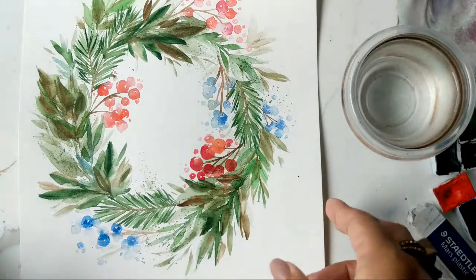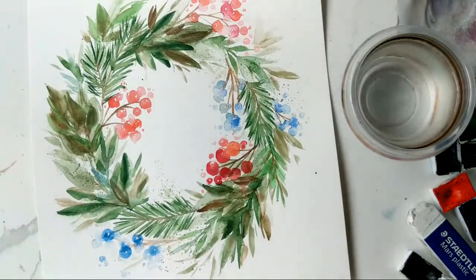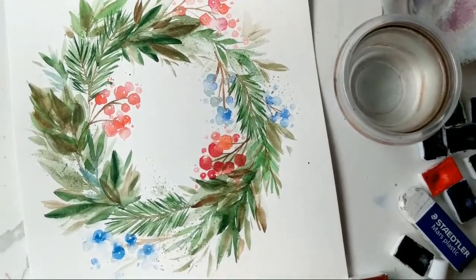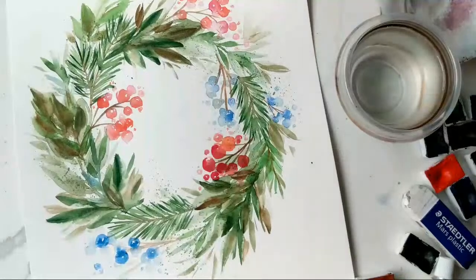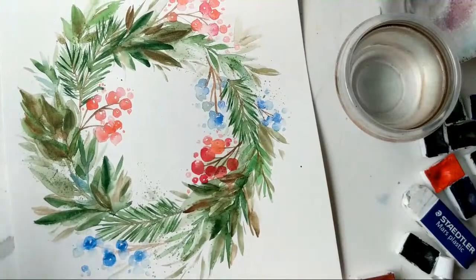I did ask if anyone's taking time off or whatever. I will be taking time off. And by time off, I mean just like from work and just doing new stuff, most likely. Actually, you know what? I'm torn because watercolor is so therapeutic for me that I don't really see it as a chore or a job. So you never know. I'm going to say I'm taking time off, but if I post something online,